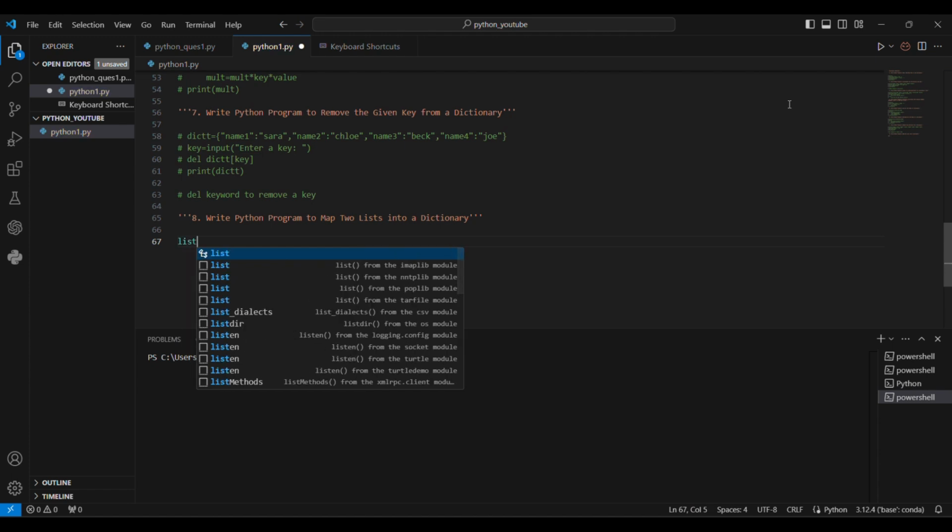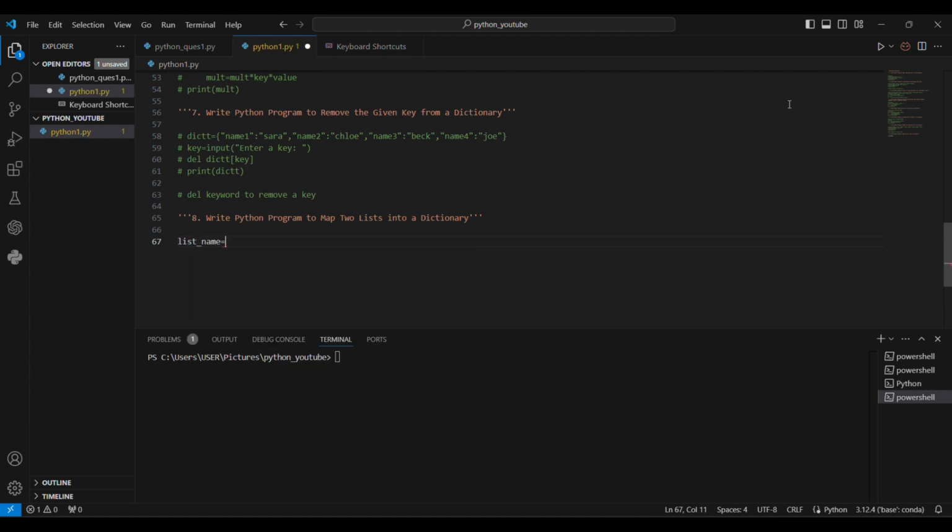Now let's see our next question, which is, write a Python program to map two lists into a dictionary. I'm going to write my first list, in which I'm going to give some names. Now let's write our second list, where I'm going to give ages, an integer data type,